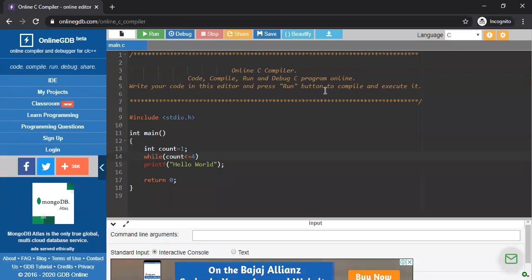Please understand line by line. Those people who don't understand how to proceed with the loops in our program, please understand line by line. If you have a problem with that particular part, then please ask me. So I'm taking counter as an integer type of variable and initializing with 1.